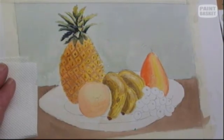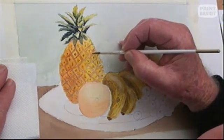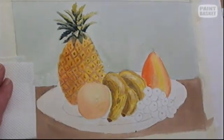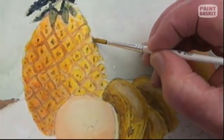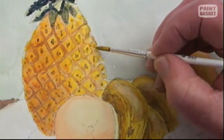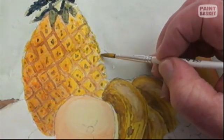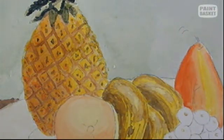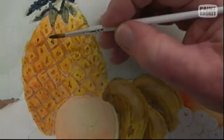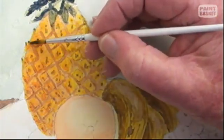Let's take a bit of this yellow and maybe bring some of this out here a bit. Put little touches of green into it. And take some of those others, and here and there you've got the little spots on the side, giving you that